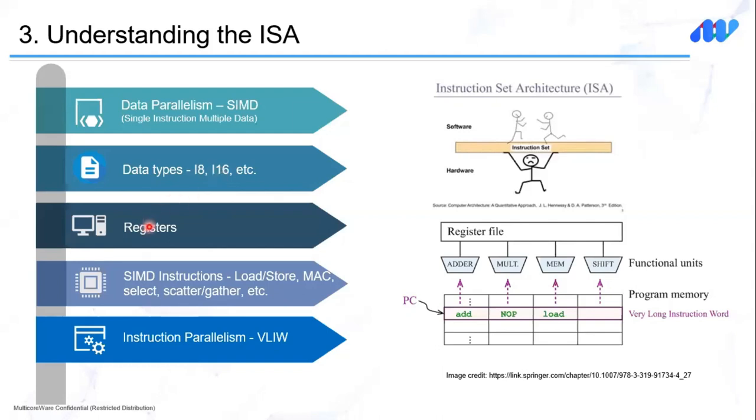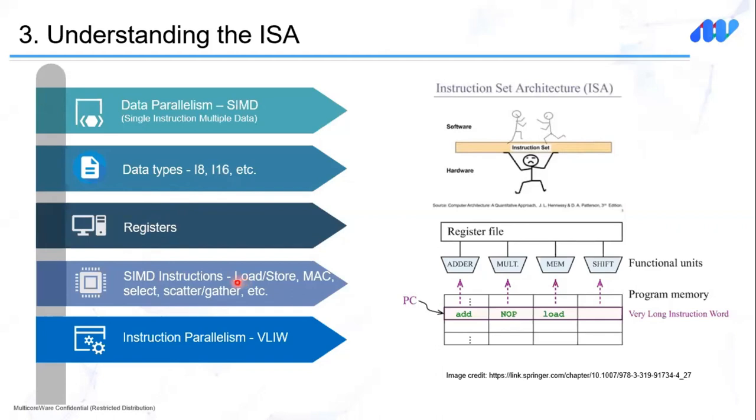Next is about registers, specifically vector registers. They play a crucial role in SIMD operation. So it is necessary to understand the number of vector register files and the characteristics of these register files available in the processor architecture. Next is about having the knowledge of arithmetic and logical operations supported by the ISA. This includes understanding operations like load and store, multiply, accumulate for matrix calculation, move and select, etc.